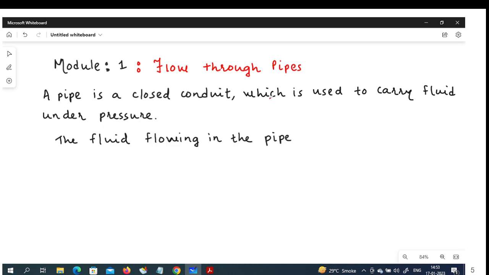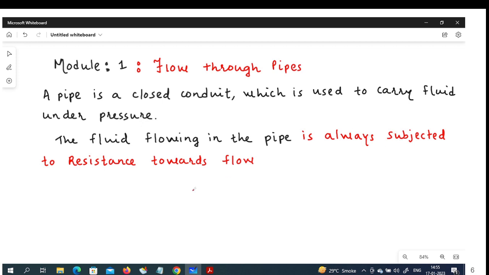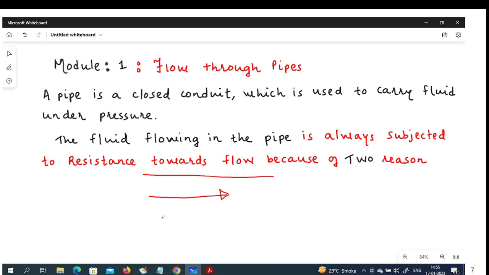Now you see, when the fluid is flowing in the pipe, it is always subjected to resistance towards the flow. When the real fluid is flowing in the pipe, the flow is subjected to resistance, and there are two resistances the flow will experience. For example, the flow is in this direction in the pipe, and the resistance will be offered by the boundary in terms of friction. This is one resistance, and another resistance is